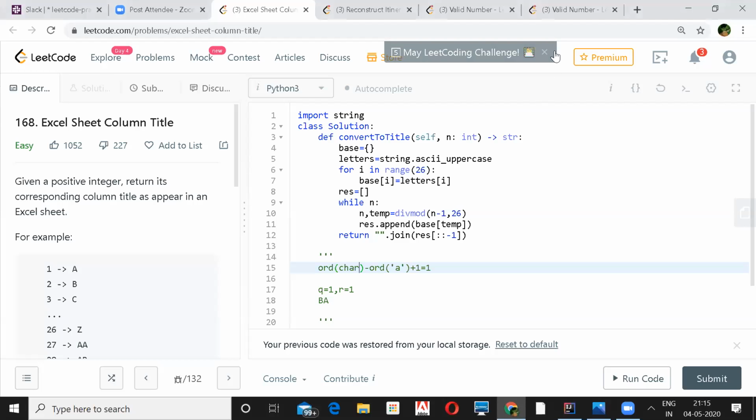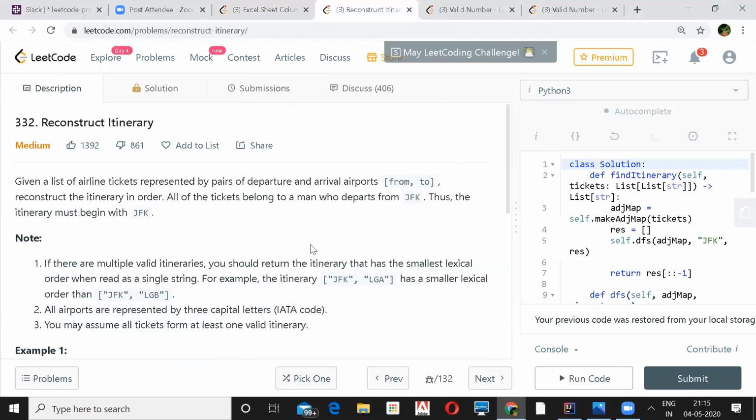Next is Reconstruct Itinerary. We are given a list of airline tickets represented by pairs of departure and arrival airports, and we have to reconstruct the itinerary in order. All of the tickets belong to a man who departs from JFK, so it must begin from JFK.